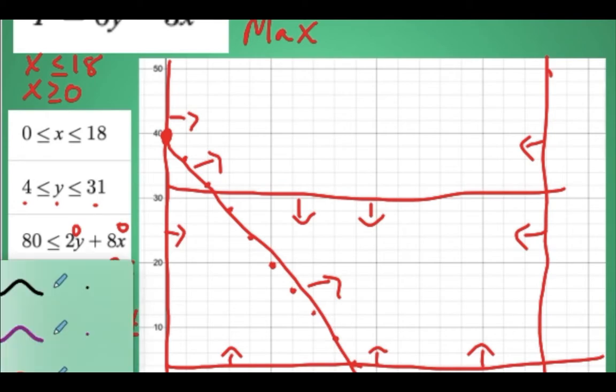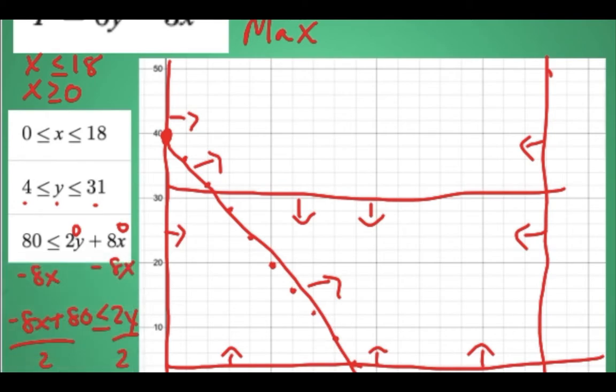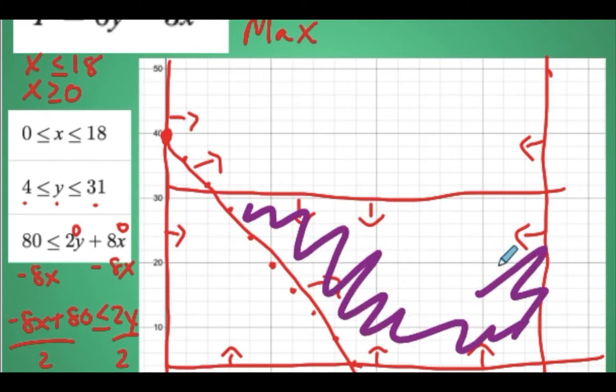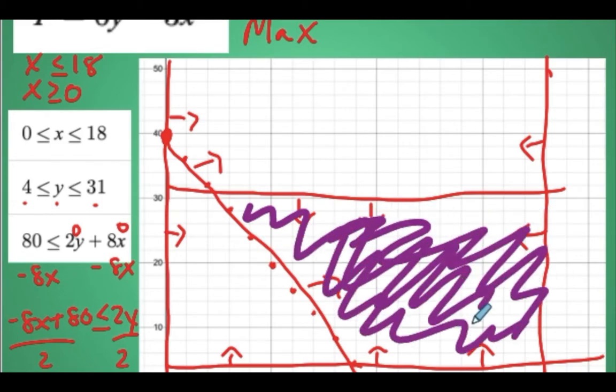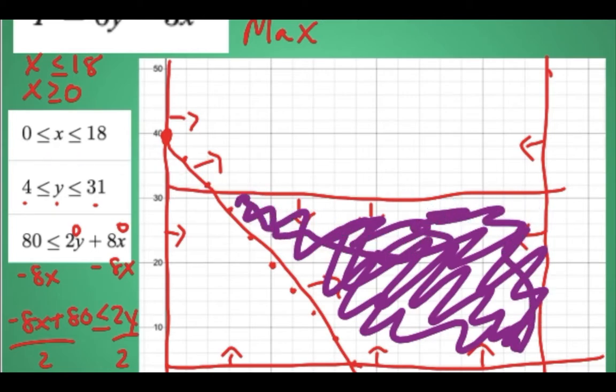Now, whenever we do our shading here, we're always looking for wherever the arrows are all pointing towards each other, which in this case is actually this space over here. Okay, so we've figured out all of our shading, which means that now we're ready to find our